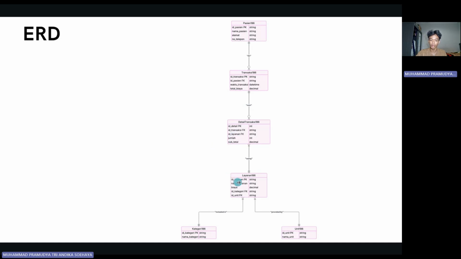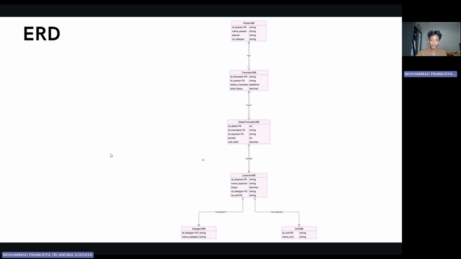And then we have Service 186, or layanan 186, which contains the master list of hospital services. The primary key is ID service, with the attributes service name, or nama layanan, and fee, and then the foreign key is ID category, and another foreign key is ID unit.